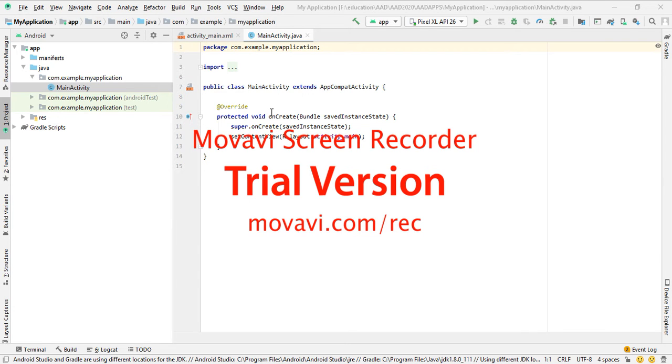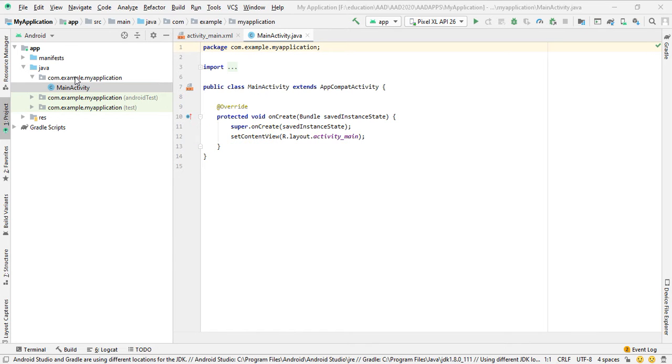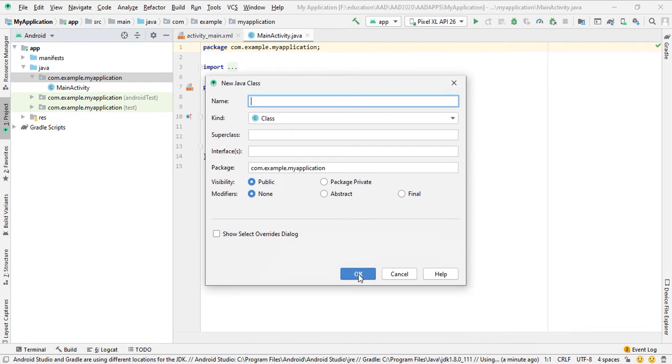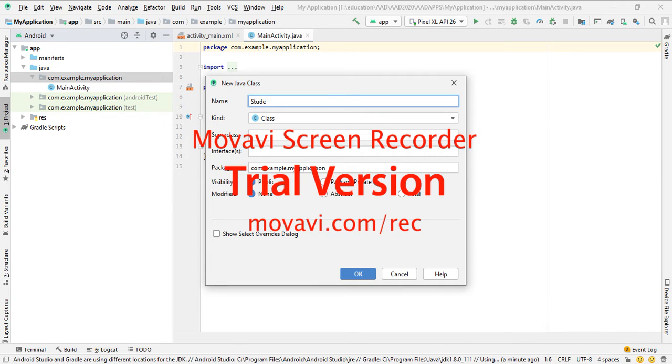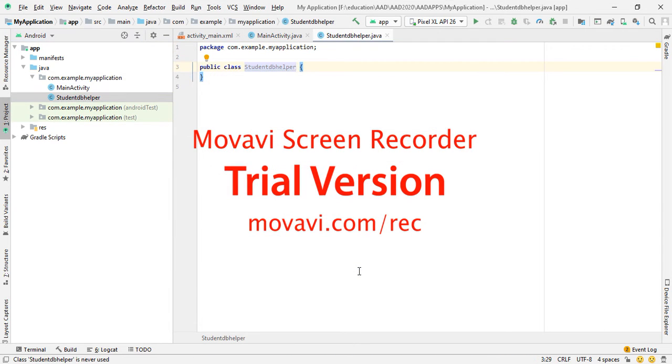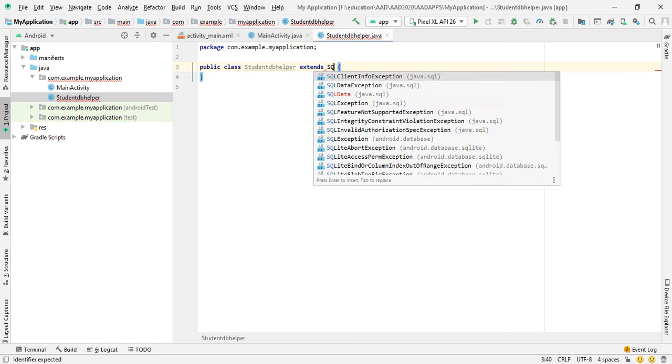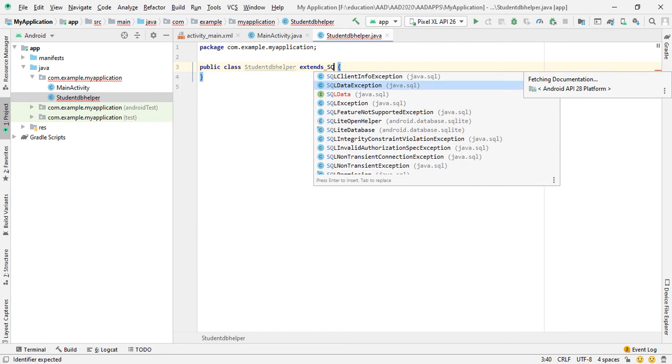So we have to add one class. So right click on this package, create Java class. The name of the class is StudentDBHelper. Click OK. Now extend this class with the SQLite Open Helper class.